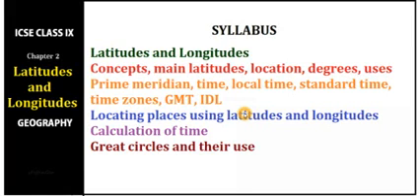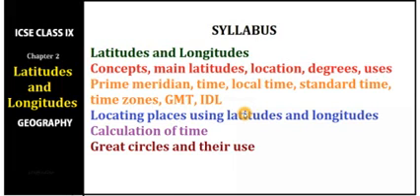Good morning, student. In our last class, we discussed latitude and longitude in brief. Today, we will discuss more about latitude and longitude, and especially how to find a location with the help of latitude and longitude and the degree, minute, second, and its usage. And we will study about the prime meridian and different latitudes that have more importance.